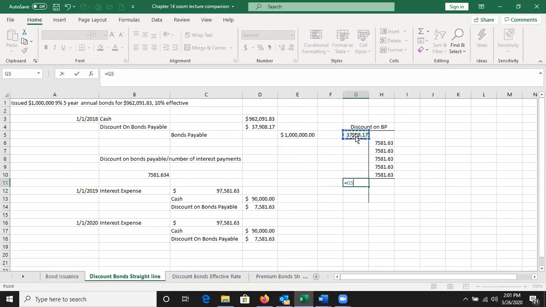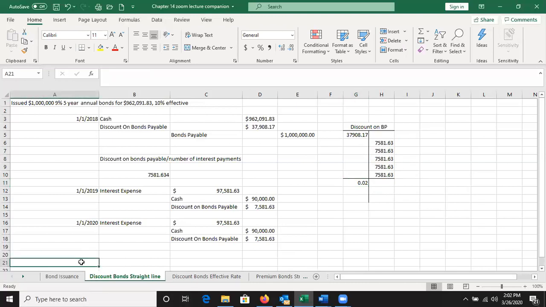The updated value in this account, let's see how good my Excel is, should be close to 0, 2 cents. Okay, that's what I said, rounding. So again, after the 5 full years of doing this journal entry, it's down to 0. Okay. Then what happens when we're all done with this bond, 5 years from 2018, so January 1st,